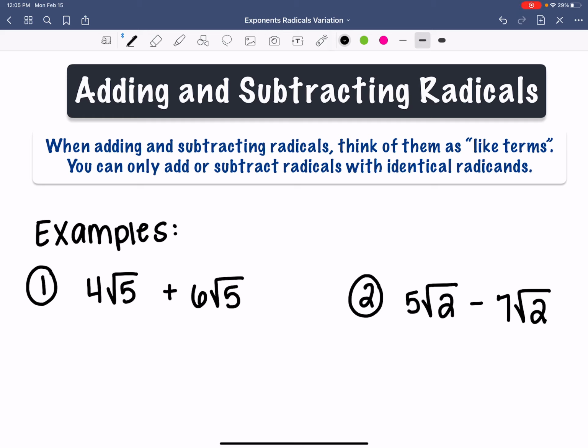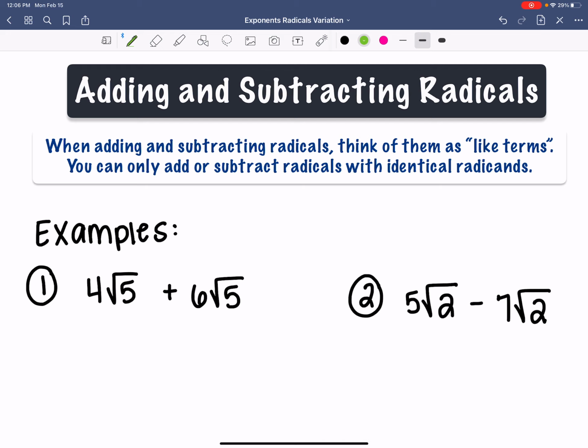In this video, we are going to be adding and subtracting radicals. More specifically, we're only going to be adding and subtracting square roots. We're not going to be doing any cube roots or fourth roots. So first, it's important to know that when you're adding and subtracting with radicals, you need to think of them